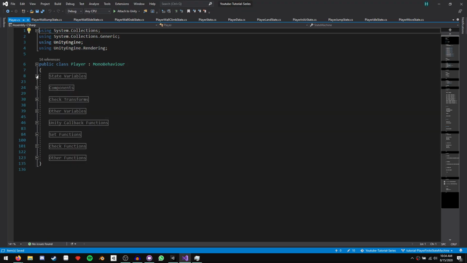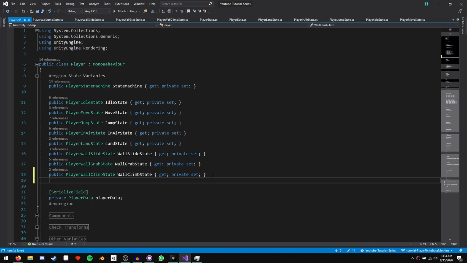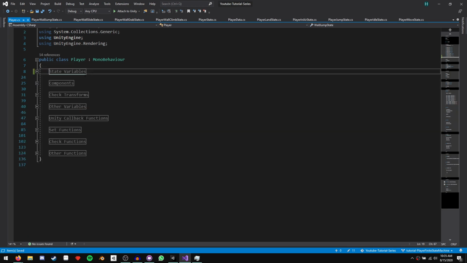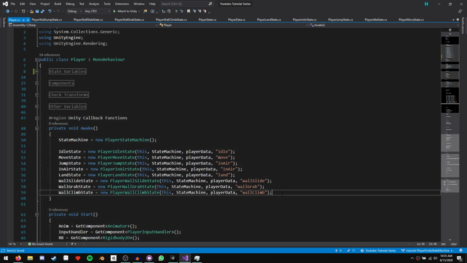So firstly, we come to our state variables. Let's create a public player wall jump state. Call it wall jump state. And then give it a public getter and a private setter. We can go ahead and minimize our state variables. Now we just need to instantiate the state in our awake function.